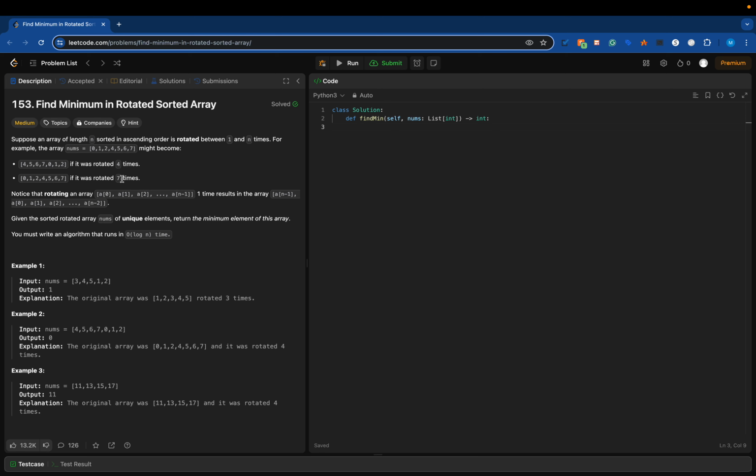Find minimum in rotated sorted array. Suppose an array of length n sorted in ascending order is rotated between 1 and n times. For example, the array nums 0, 1, 2, 3, 4, 5, 6, 7 might become this one if rotated 4 times, and this one if it's rotated 7 times. Notice that rotating an array one time results in the ending becoming the